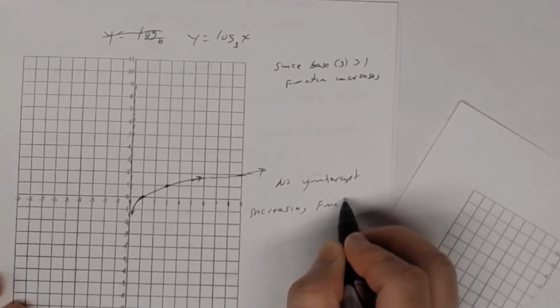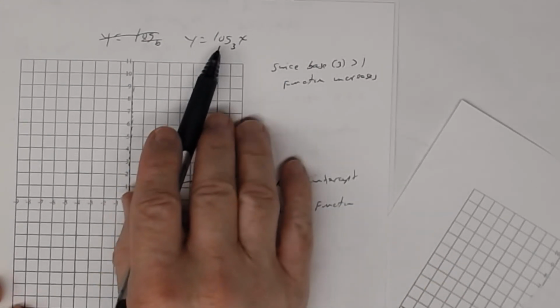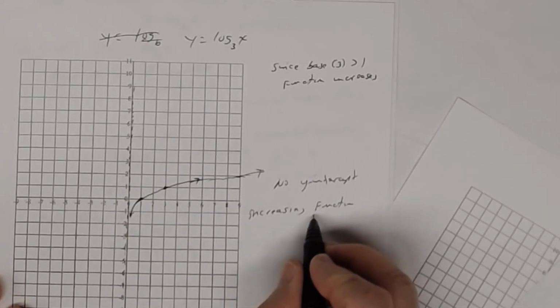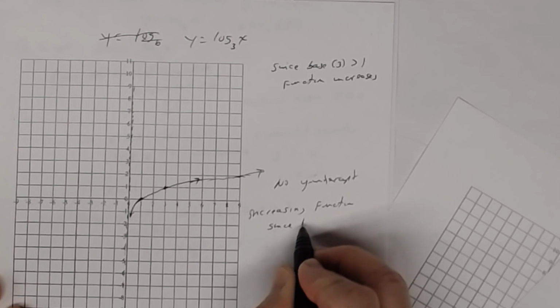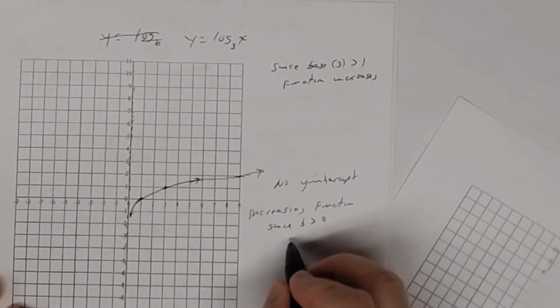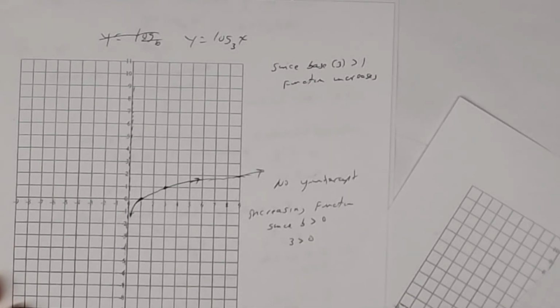Increasing function. And the reason it's increasing, you could tell from the beginning because the base is 3. So the function's increasing since the base is greater than 0. 3 is greater than 0. Okay? And then we know that the domain